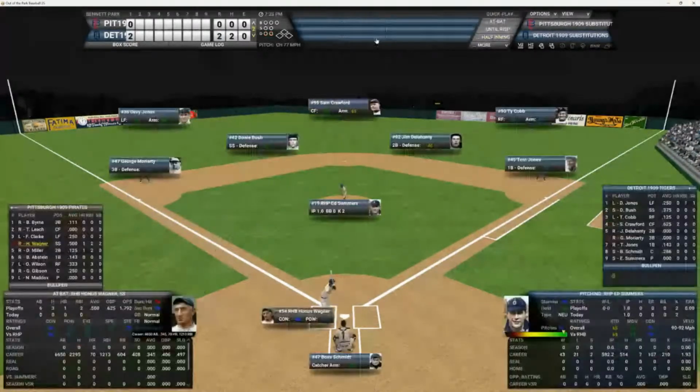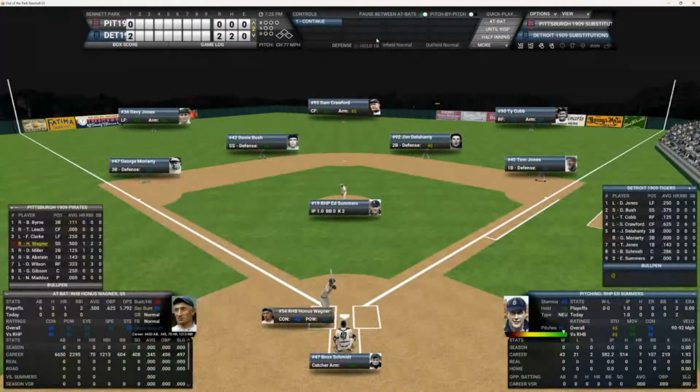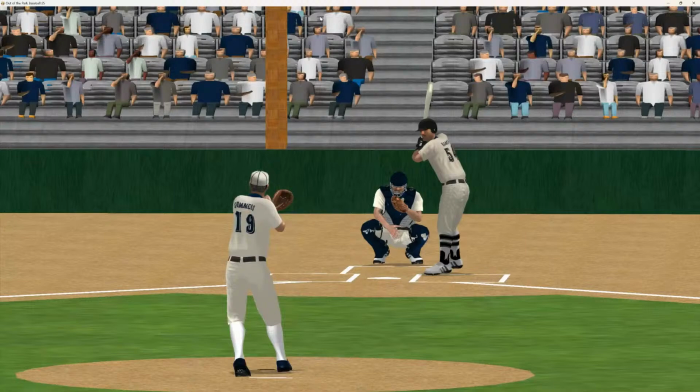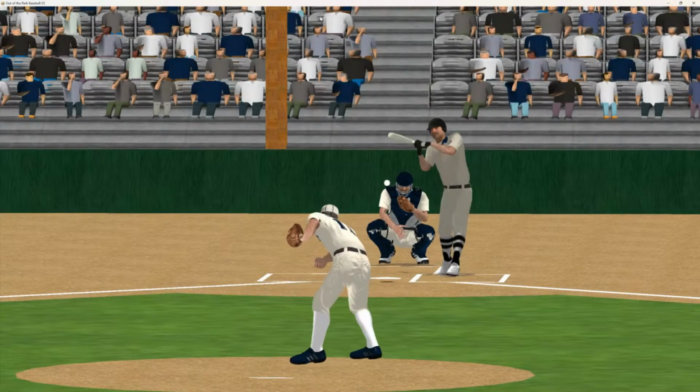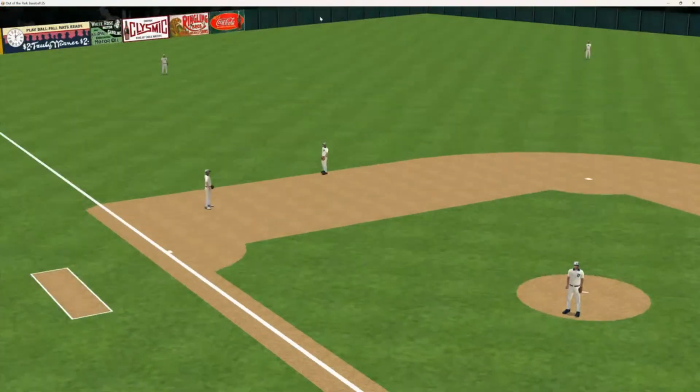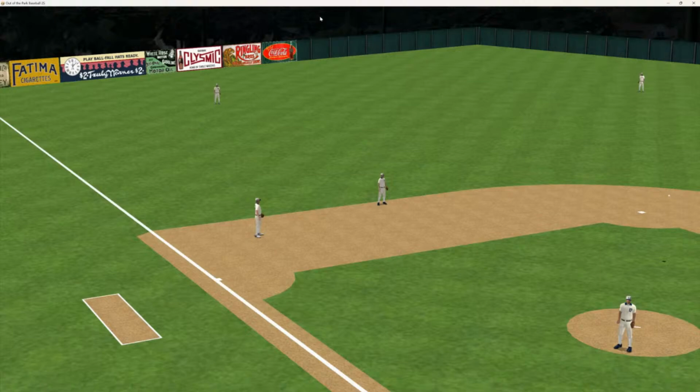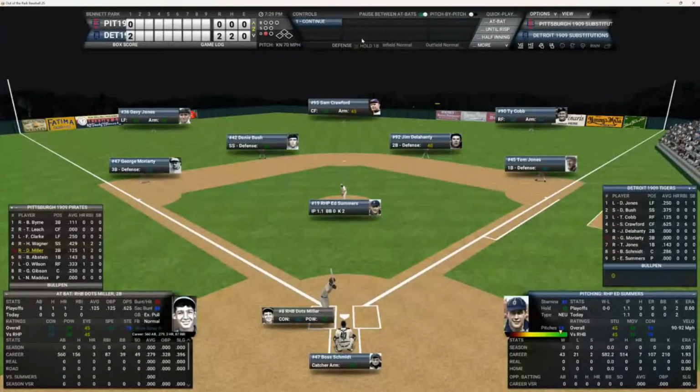We've got Honus Wagner, Miller, and Abstein due up here. And Honus is batting .500. He's 3 for 6 with a homer and 2 RBIs. And here's the full count to Honus Wagner. And he drives that ball down to short. His counterpart fires it over. 1 up and 1 down here in the top of the second. And that brings up Miller.